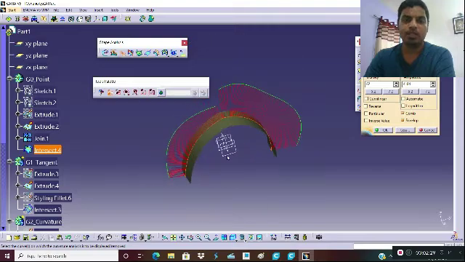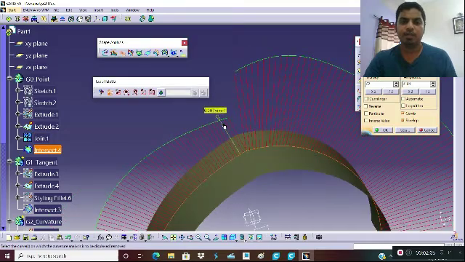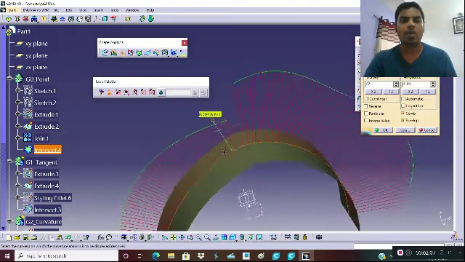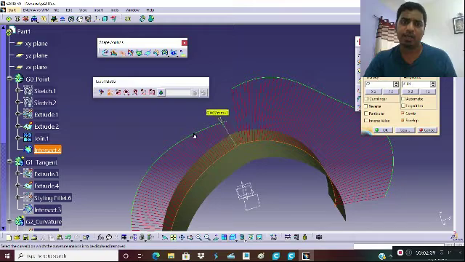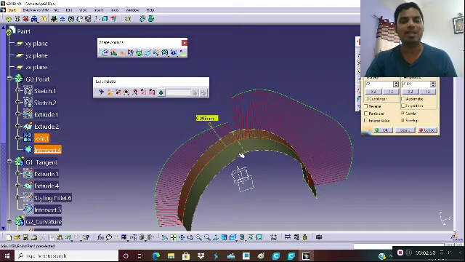As you can see, at the intersection, these red lines are comb lines and this green line is an envelope line. You can hide those lines if you don't want them. These curvature comb lines are inversely proportional to the radius of curvature of this arc, or you can say the radius of curvature of this surface.